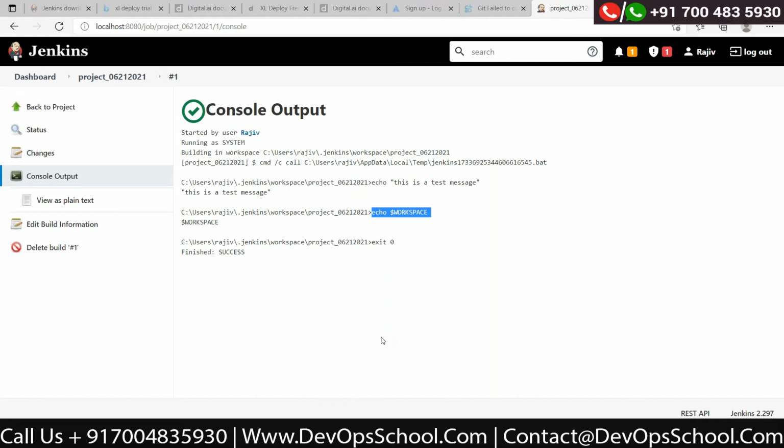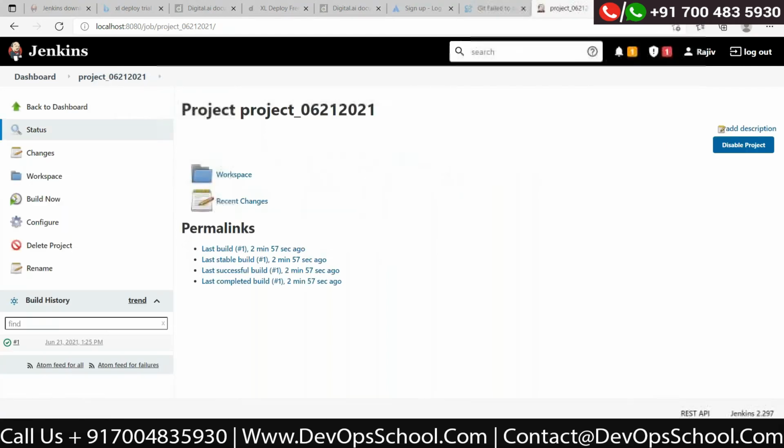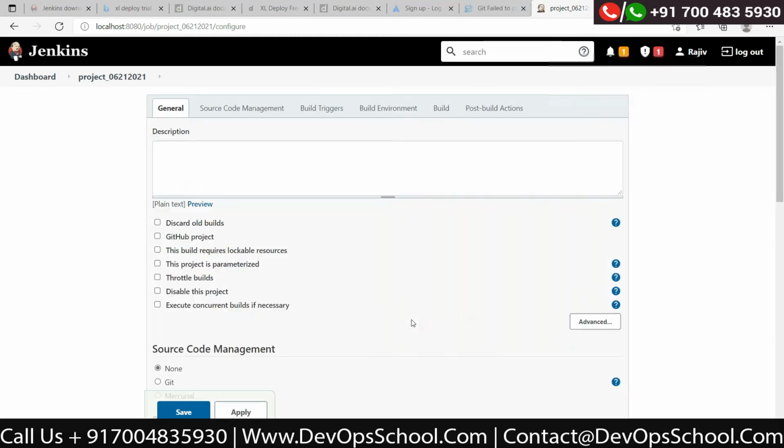So the command is correct. One second. No, in Windows the percentage works. Just run the path command. Just try it with echo percentage space percentage. You want me to change it, Hemant, on that project? Yes. Because I just ran echo percentage path percentage, so it works for Windows.